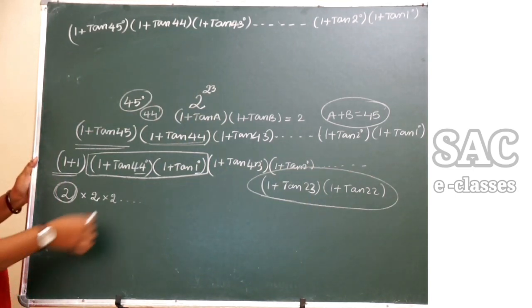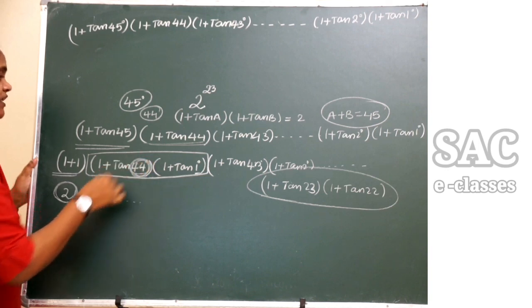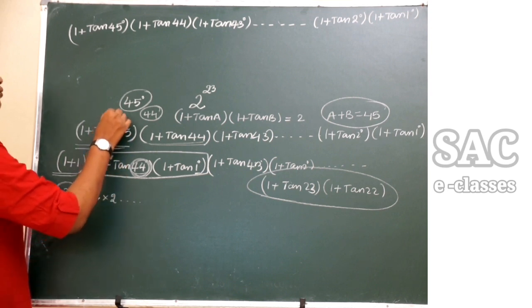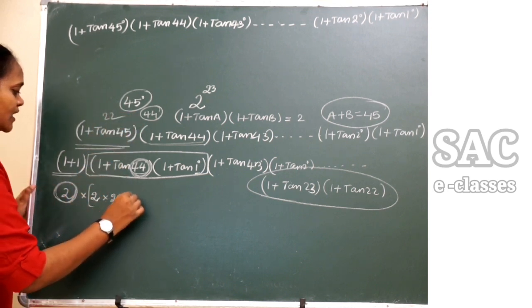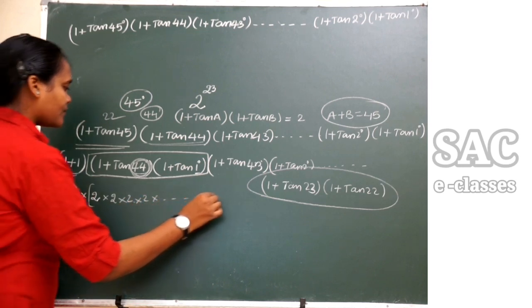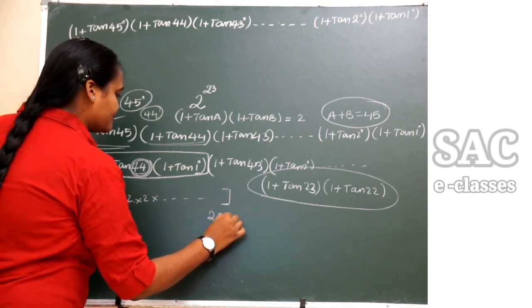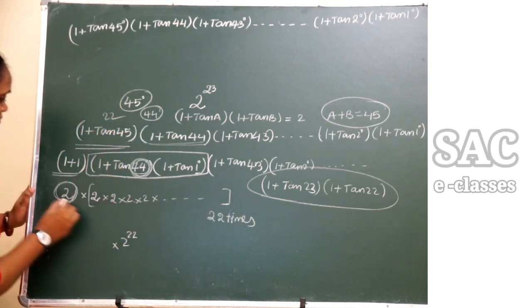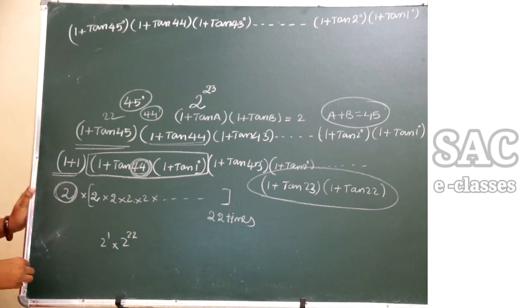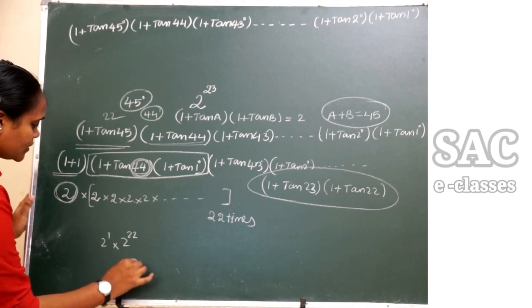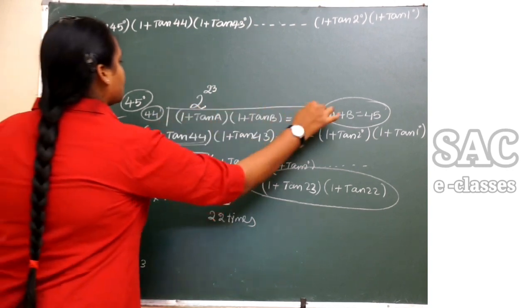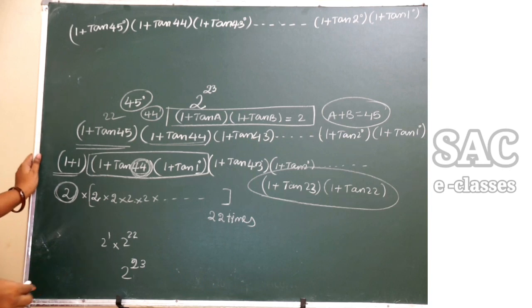Yes, in that way I can. Totally there are 44 numbers. With 44 numbers, how many pairs can we make? Obviously 22 pairs. So how many 2's will come? 22 2's will come, so 2 power 22. But we already have one 2 from tan 45. Then 2 power 1 into 2 power 22, so the answer is 2 power 23. In that way we can crack it. What is the trick here? (1 + tan A)(1 + tan B) is 2 whenever A plus B is 45.